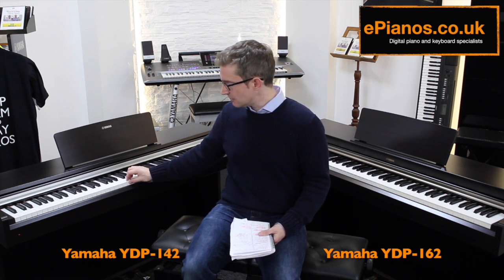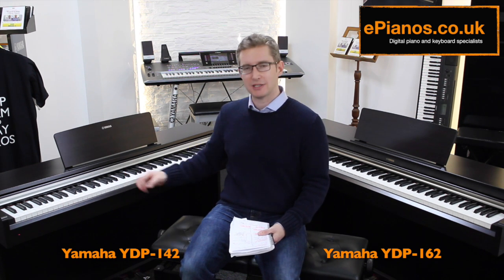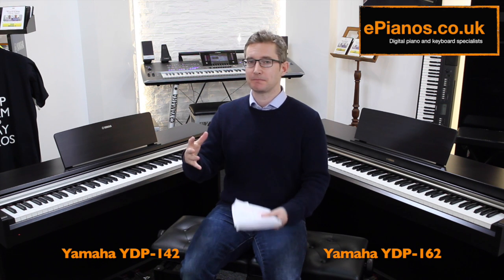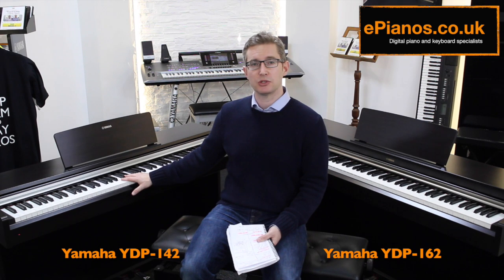And I have noticed that the keys, they're not quite as firm as they could be. They do wobble a little bit, particularly when you give it a good thwack on the keys. Now it's not a deal breaker, I don't think. I've had many students that have used the 142 and they progress nicely, but when you compare them, which is what we're doing here,